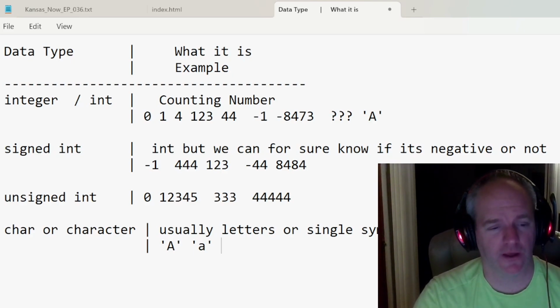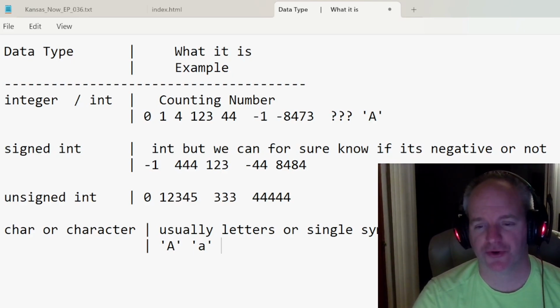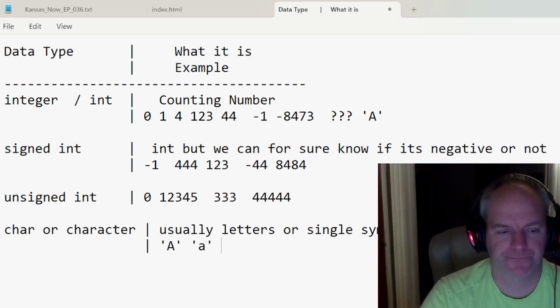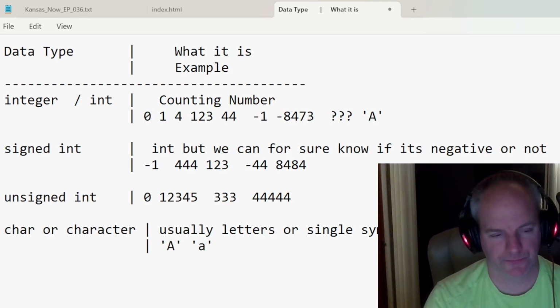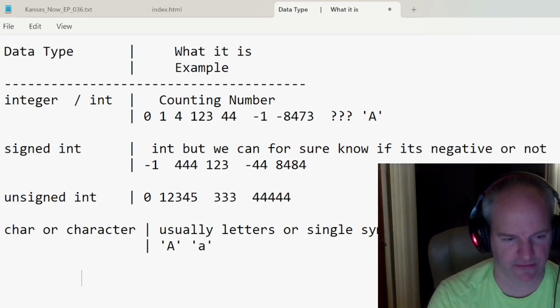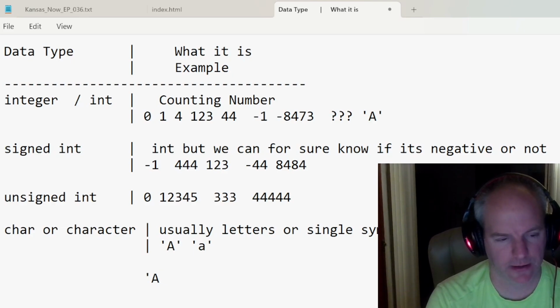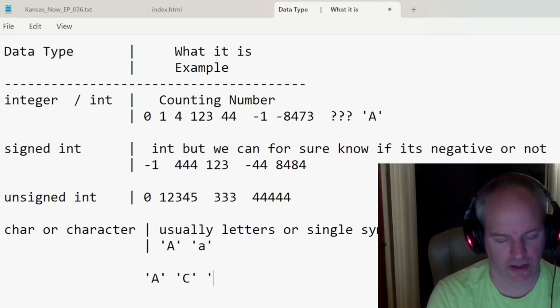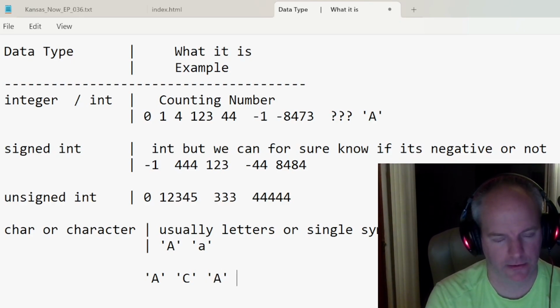But the computer needs to know how to create that letter A. So how are you going to do it? Well, you're going to do it by making integers to do it. So let's say we're in Java and the computer's looking at the char of A, and then the char of C, and then the char of A,